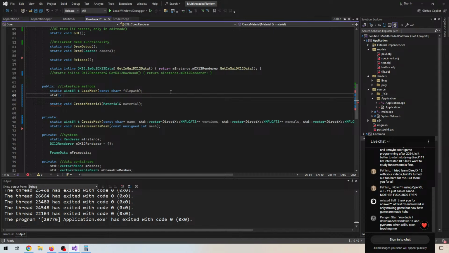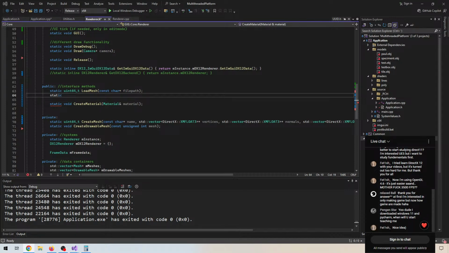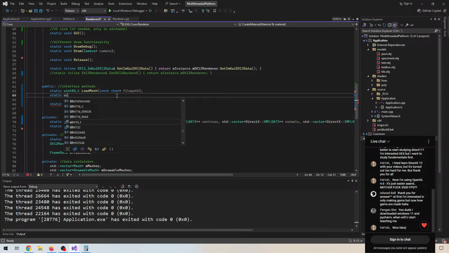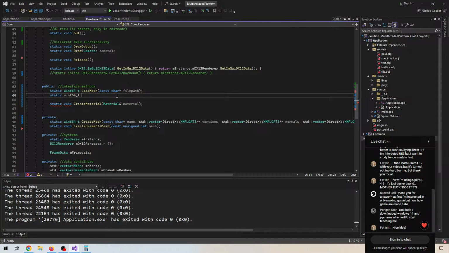If you download Visual Studio and C++, you can code along. Anyway, let's see. Maybe we would want the globally unique identifier to